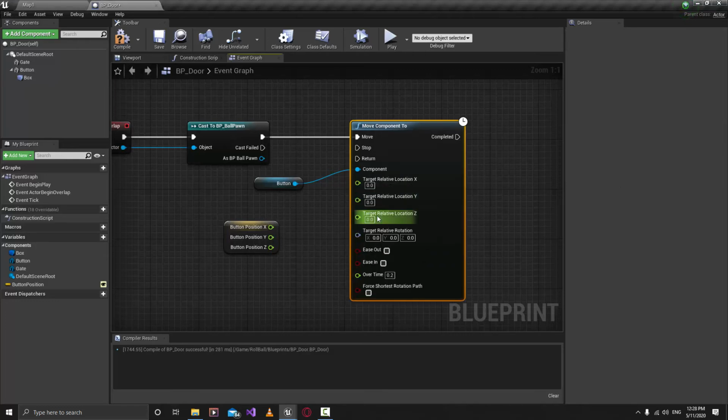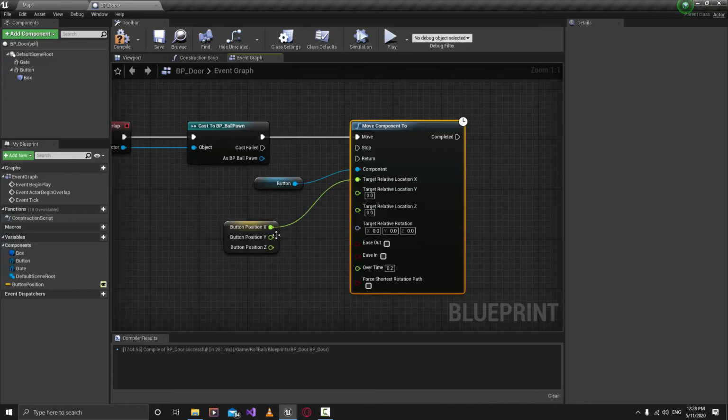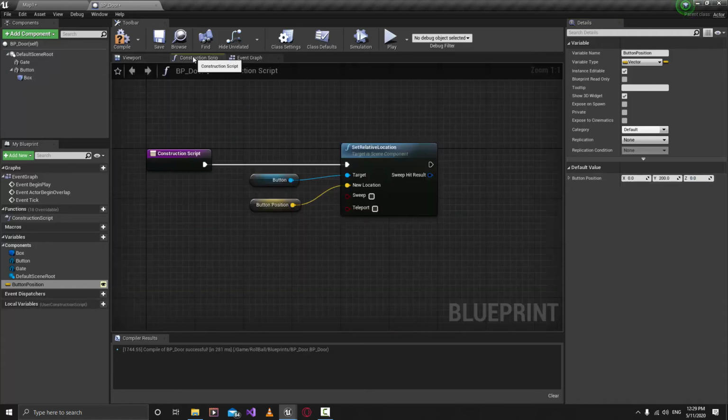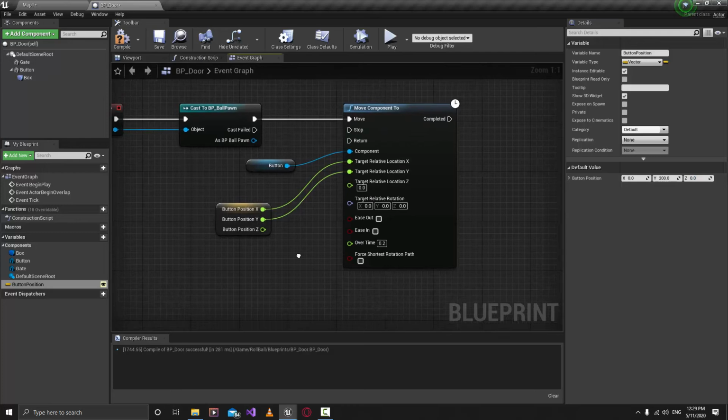struct pin as well. And what we want to do is connect the X value and the Y value, and you see that button position, we just want to take it down a little bit. So you see that if I take it down, it will show something like an animation that it has been pressed. All right, just make sure that it is 0 again, and then go to the event graph, and from the